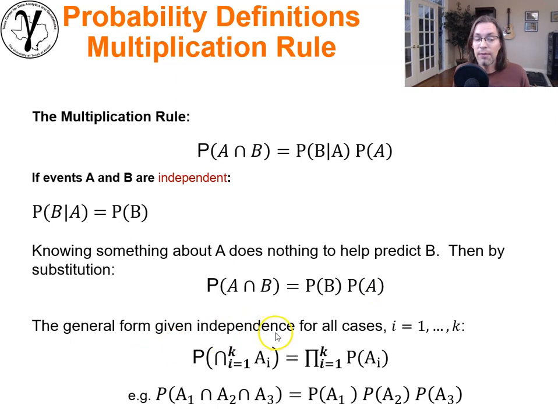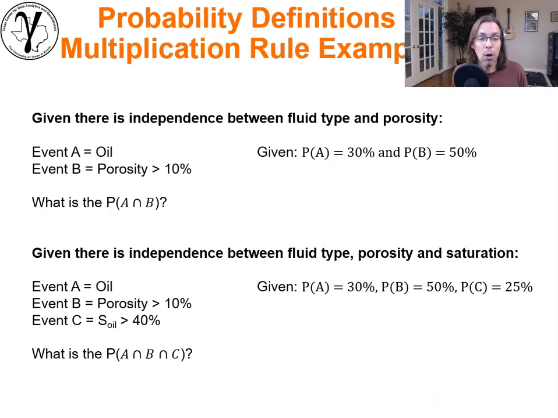The general form of mutual independence between all of our events is that the intersection of all of our A_i, for i from 1 through K different events, is just going to be the product of all the probabilities. We just multiply them together. So an example in the case of K equal to 3, the probability of the intersection, or joint, of A1 through A3 is simply the product of all of the probabilities. This is pretty cool stuff. If we assume independence, we can solve a lot of problems in a very simple manner.